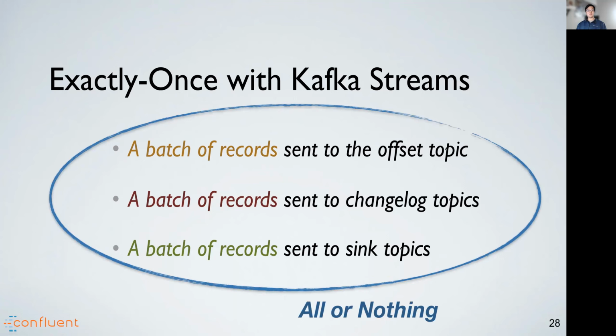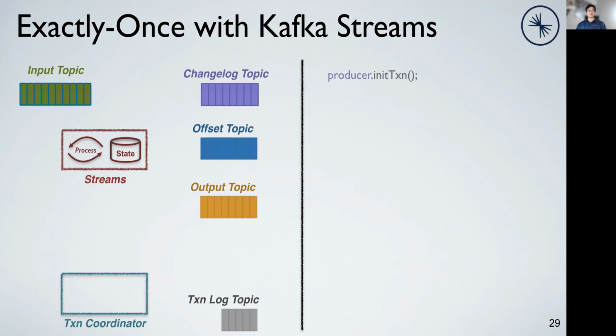And hence, we can reduce the atomicity requirement to a bunch of record appends across multiple Kafka topic logs, such that either all of those appends succeed and are visible to the downstream consumers, or none of them do. To achieve this, Kafka Streams leverages the transactional messaging protocol of Kafka. More specifically, we allow producers to append records across those topics in a transaction. And to manage the transaction, on the Kafka brokers, we instantiate a transaction coordinator module, along with a specialized transaction log stored as an internal Kafka topic.